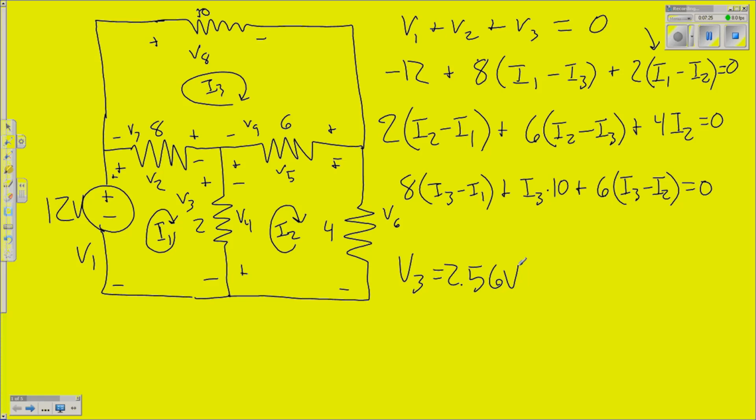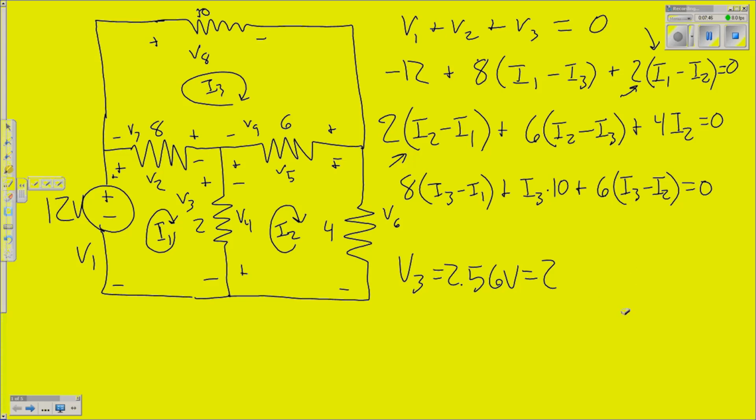So our V3 was here, and its opposite was here. So it should then also equal 2 times I2 minus I1, which is just, if we look in our notes,